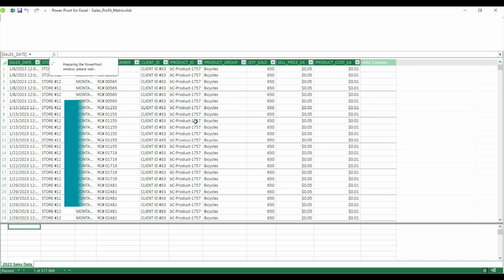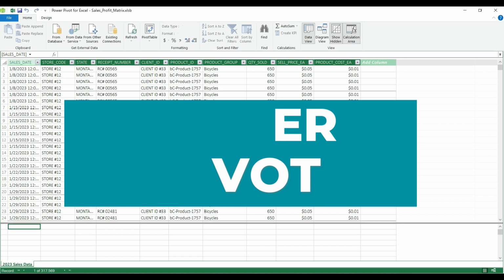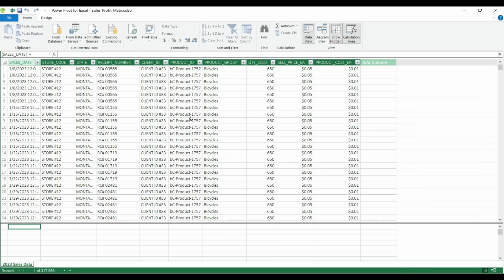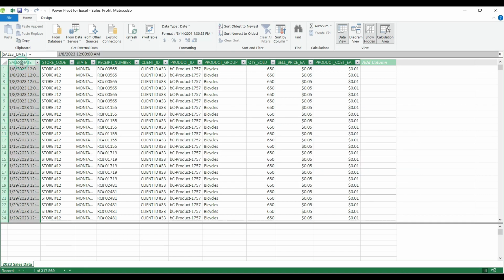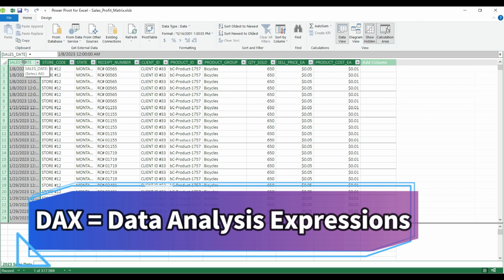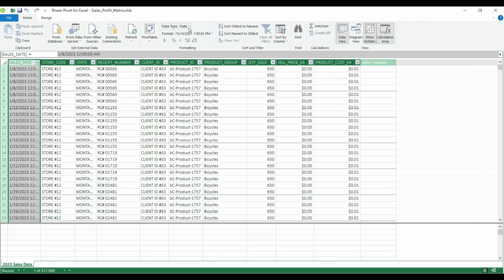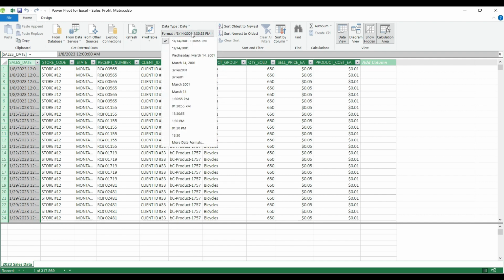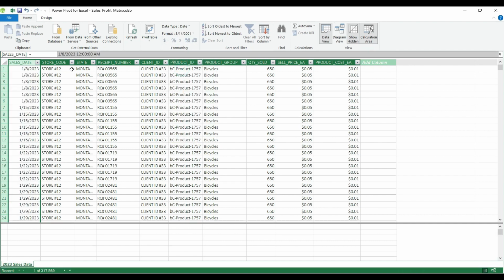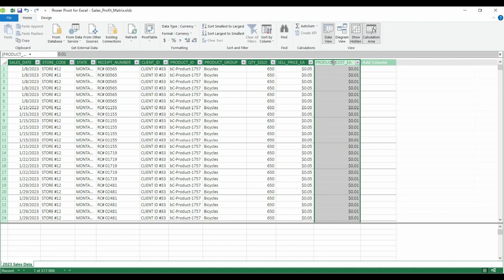Then I go back to the Data tab and select Manage Data Model, and Excel will open up a new graphical interface which is almost equivalent to what you could see in Power BI. So as always, I start with the formatting just to make sure that my DAX will work properly. I select the column, I go to the Home tab, and I select the proper format I want to see on my table. The date type is correct, but the displayed format is not what I want, so I'm going to change the date to be like this. The rest should be okay. The currency and the product cost as well.